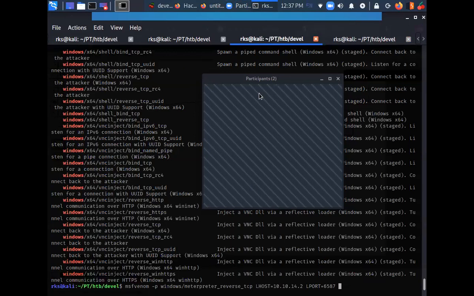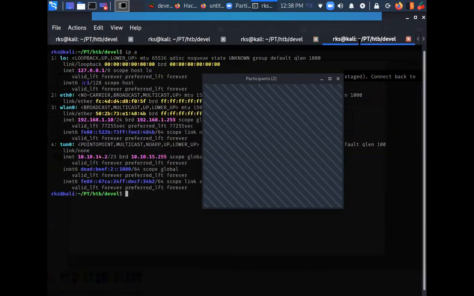Now this command is not yet completed. I need to mention the output format as well. Whatever is going to be outputted, I want to save it in a specific format. The format that I'm going to use is ASPX. I can check available options by using msfvenom -l formats.